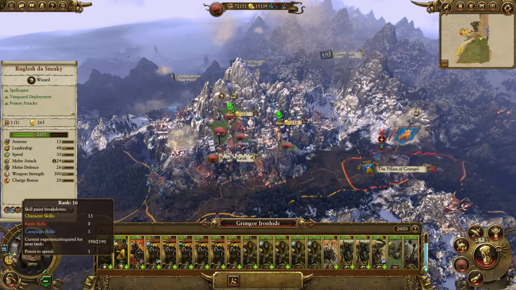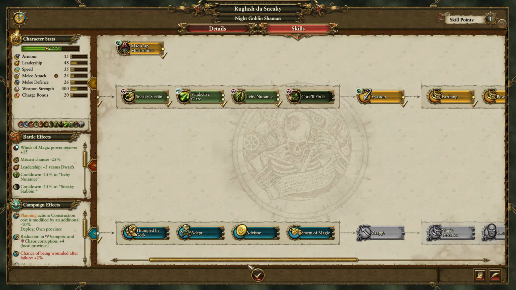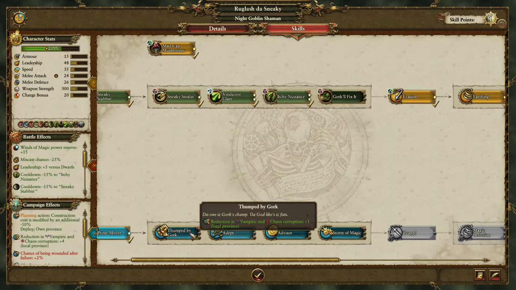And then we've got your little trickster goblin. What do you have? Reducing the corruption. Bad moon. He's got a lot of these. How about we start doing some of these then to...